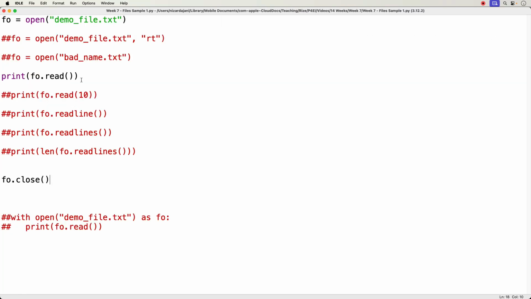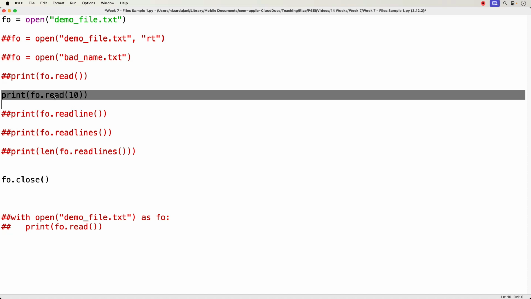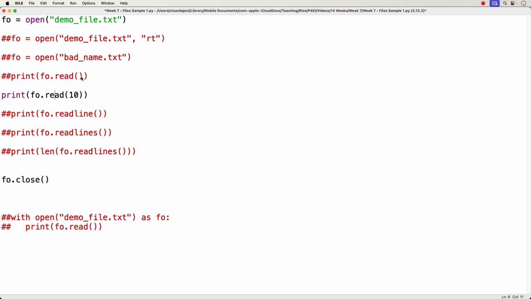Now what happens if I don't want to read the entire file? Let's say I want to read just a few characters. Well, we can take this out, bring this in. So the read method, when you don't pass any arguments, is going to read the entire file. But within the argument section, we can pass a number that's going to be the number of characters that you want to bring back from this file. So if I run this,